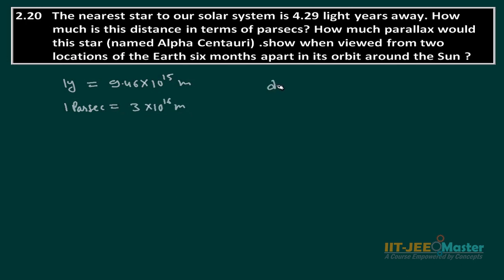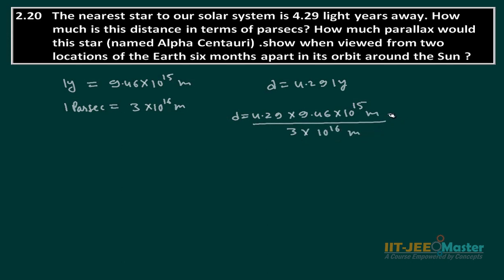And this distance, suppose D, is 4.29 light year, which is equal to 4.29 × 9.46 × 10^15 meter divided by 3 × 10^16 meter. It becomes parsec. So the value of D comes out to be 1.32